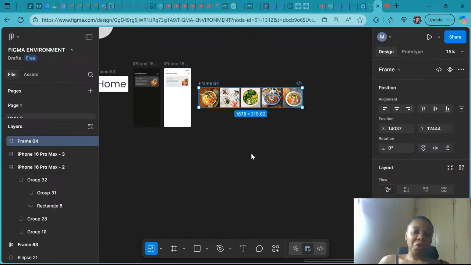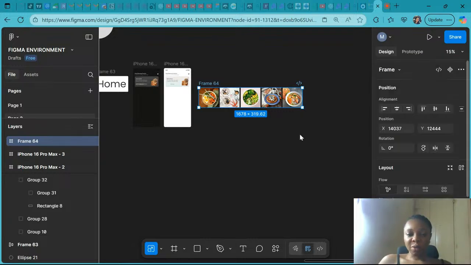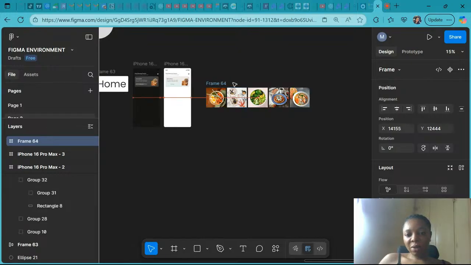So right now they are in a frame. Remember, I said frame, not auto layout. So you have the option to also take it back to a group as you see fit. But right now, what I want to do only works on a frame. Prototype only works on a frame. So to move forward, now that I have it in a frame,